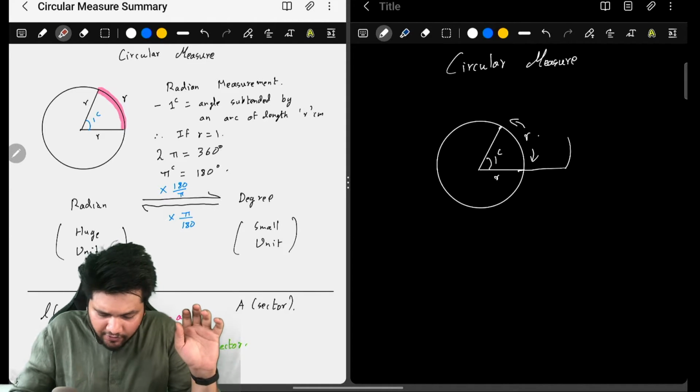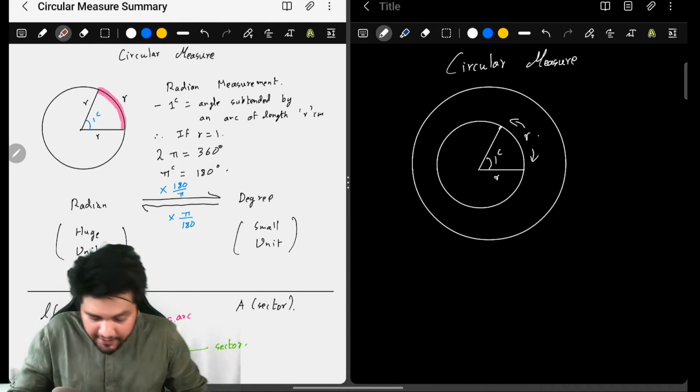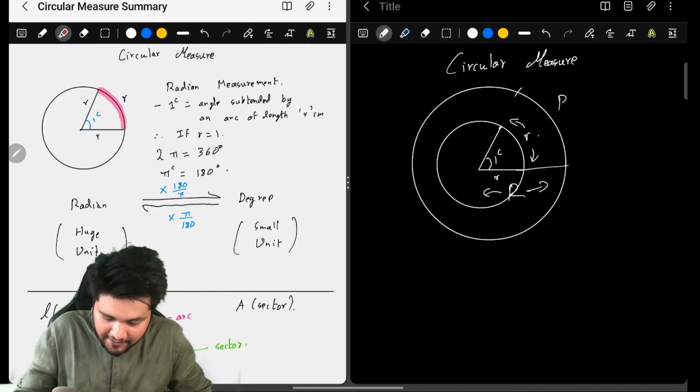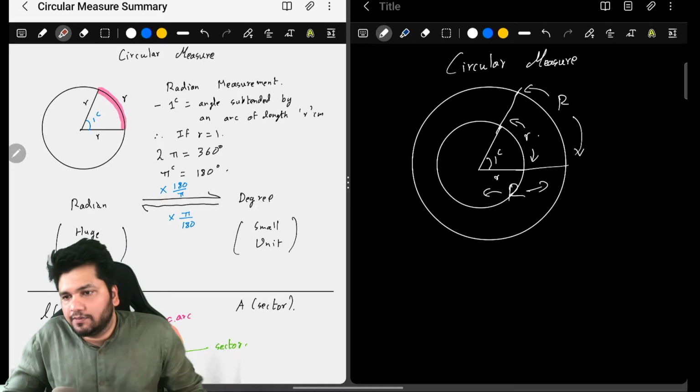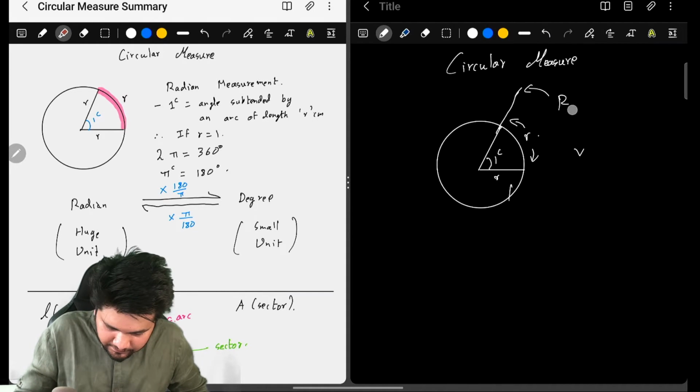Now this is also valid for another circle whose radius is huge, like basically capital R. So even the length of arc would be capital R. But the angle subtended will still be the same, which is going to be 1 radian. Now I can take any radius, so I will take r equals 1. If r equals 1, then the length of arc is also going to be 1, and the angle subtended will be 1